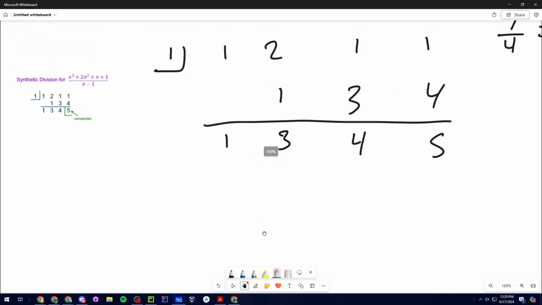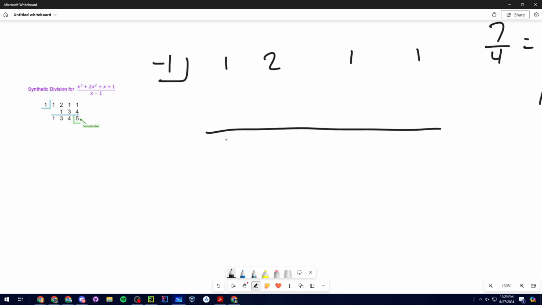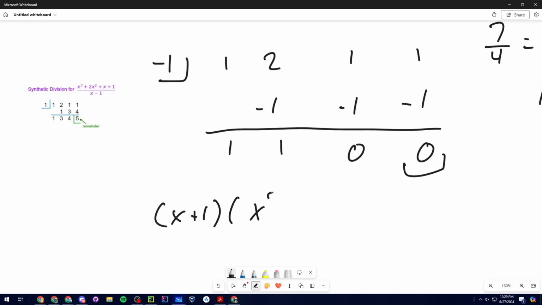So instead of plugging in 1, I'm just going to erase all this, and this is a step you'll have to do. You'll probably have to write this a lot of times. But I'll plug in -1. So you have 1, -1 is just 1. You have -1, 0. -1, again, 0. Oh, wow, 0. So that's just saying that x plus 1 times x squared plus x plus 0 plus 0